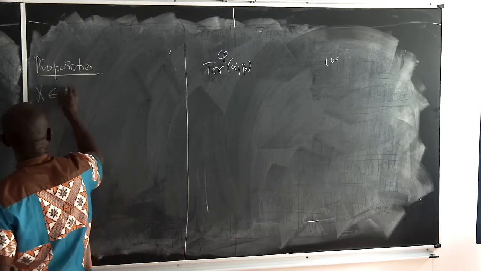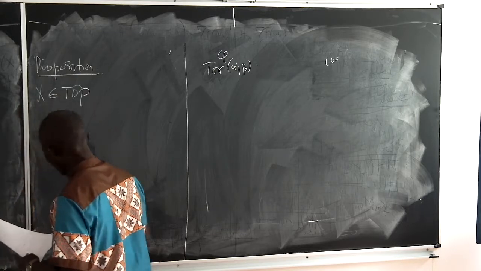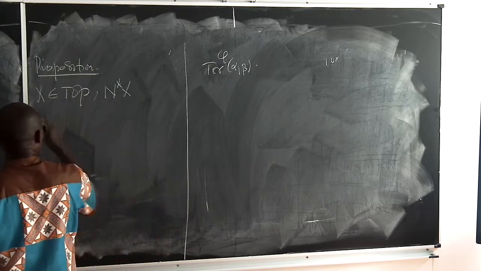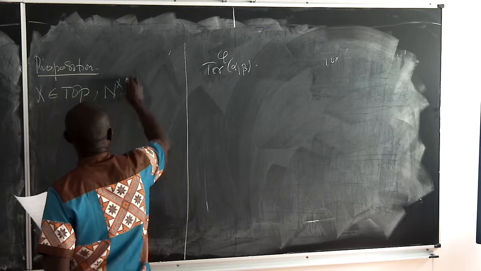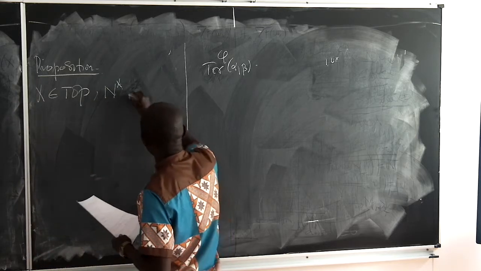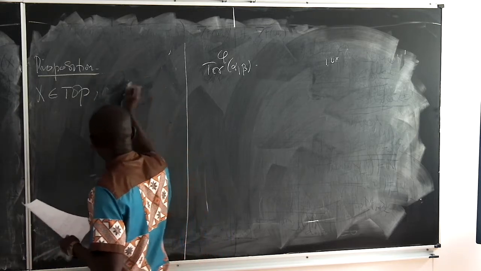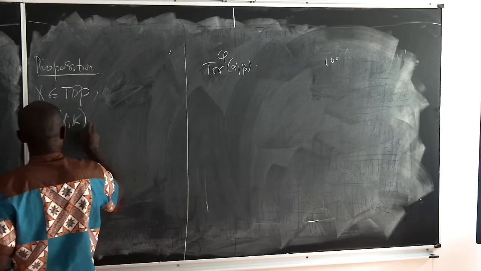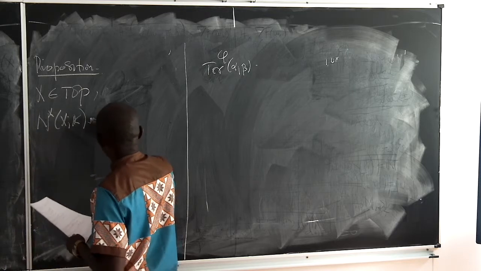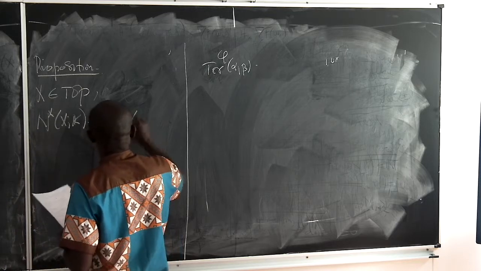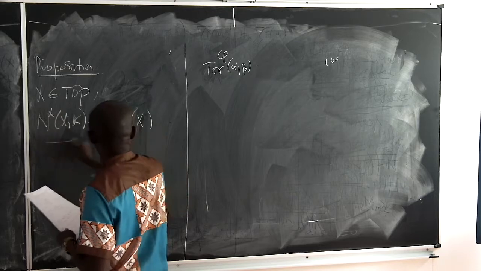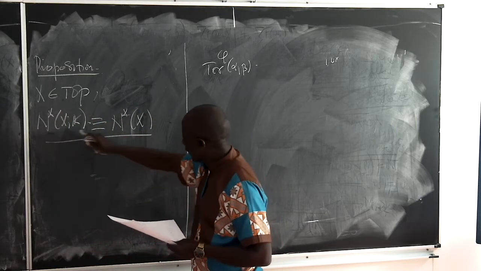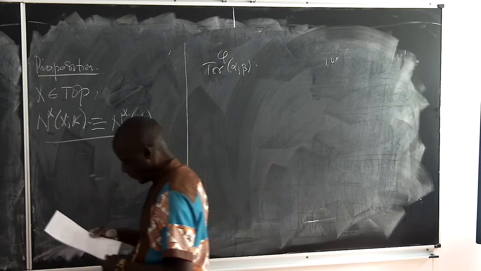Let X be a topological space, and NX the normalized singular quotient. I will denote the normalized singular quotient like this. Normally, the standard notation is this one, but what I will use is this restriction notation. Okay. So X is a topological space. The normalized singular quotient is this. We have this